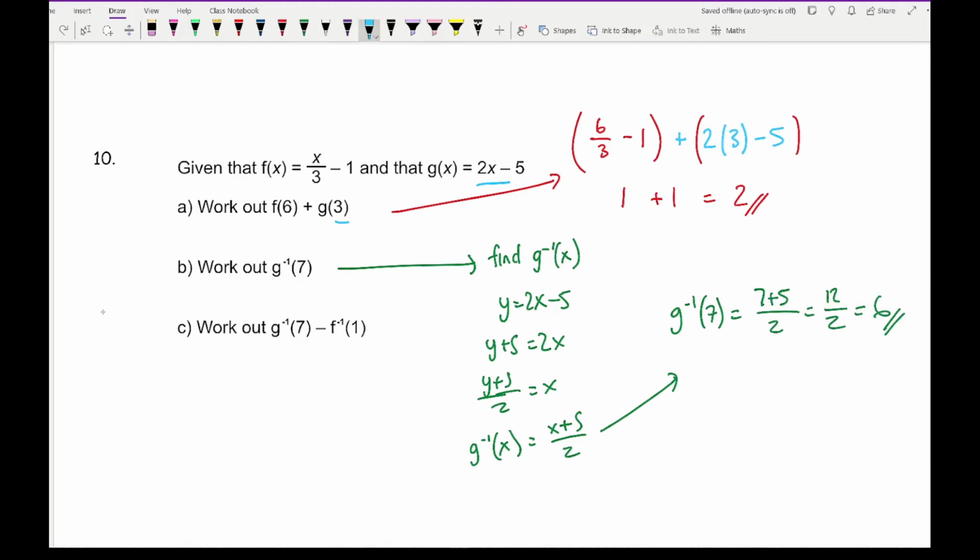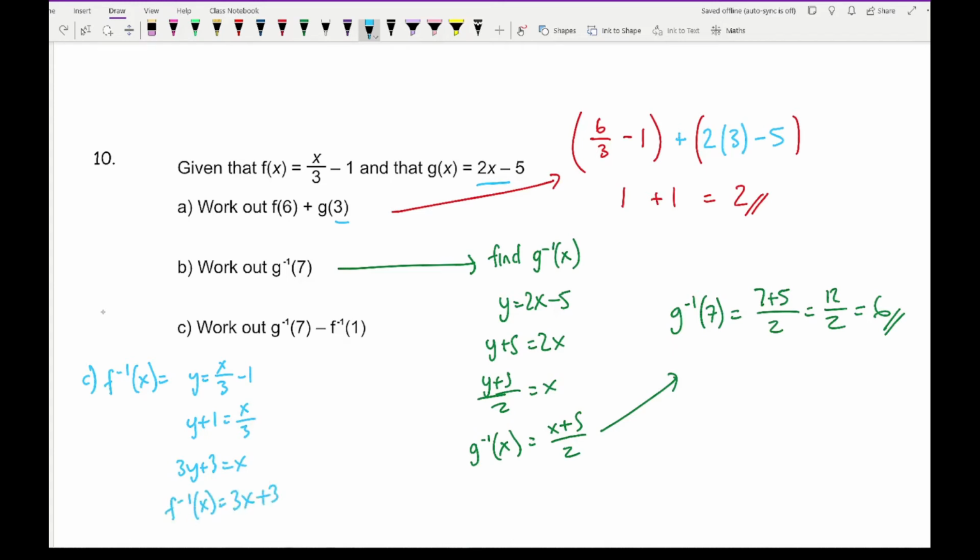Then for the next one, for part C, I then need to work out the inverse function of f. Working this out, y equals x over 3 minus 1. So y plus 1 equals x over 3. So then we've got 3y plus 3 equals x. So the inverse function of f is going to be